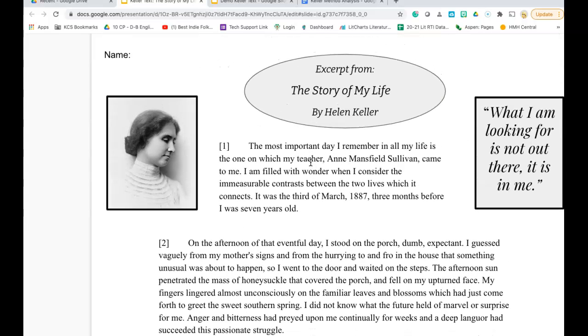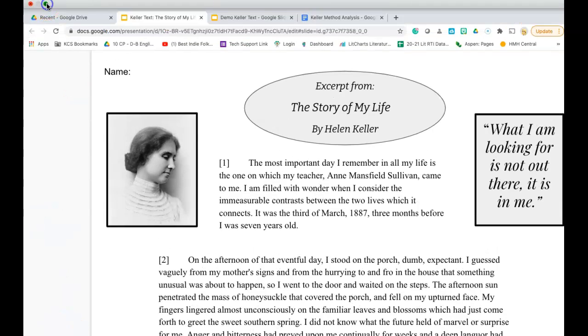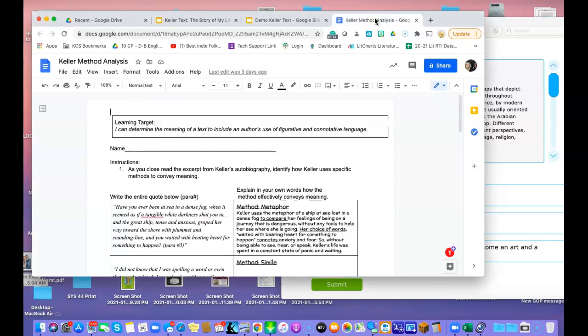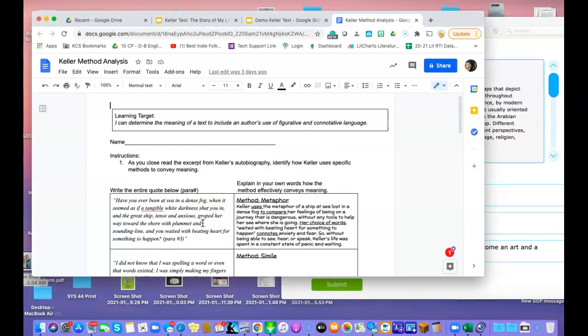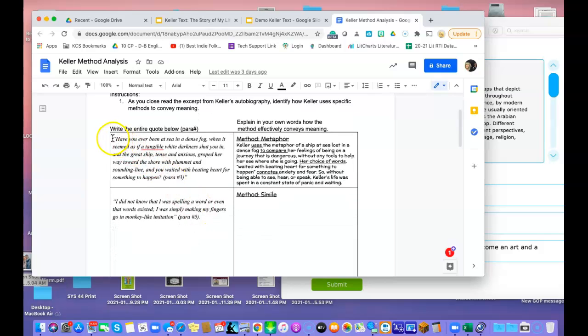Okay, so we have been talking about authors' methods for a reason. Metaphor, personification, similes, juxtaposition, a number of different techniques. But what I need you to do is to be reading this text and looking for those examples, okay? On your actual assignment, that's the Keller method analysis here, I actually gave you some examples. I took something right out of the text, the quote and the paragraph number, as you see right here. Then I explained the kind of method that was used,